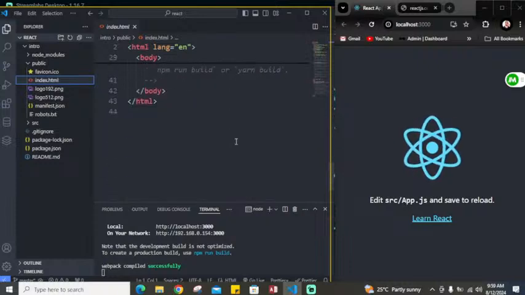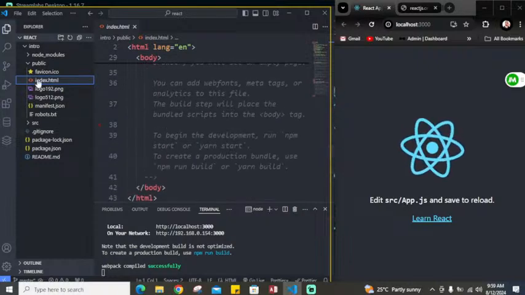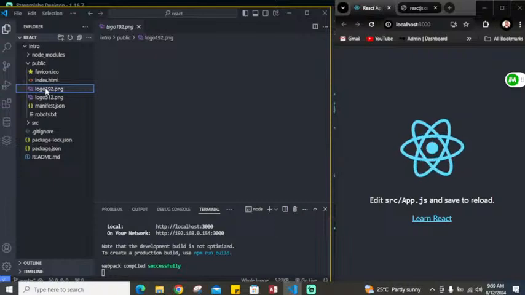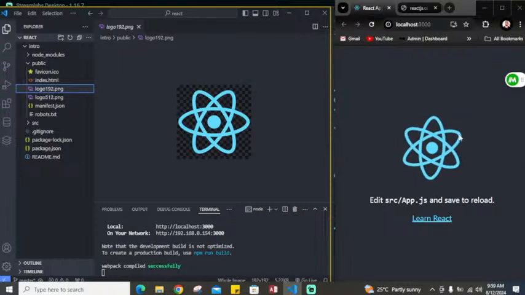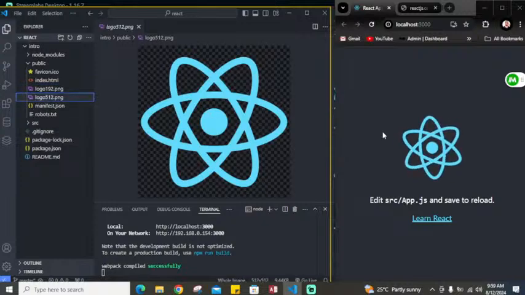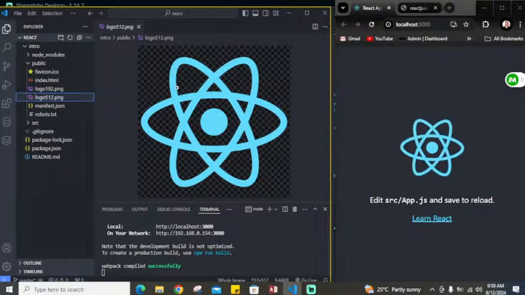Alright. Now let's say I went somewhere and I want to make an adjustment. This logo that you see here is SVG. This one is a PNG logo that is showing here. This is another PNG logo, probably because of the version that I'm using. Most other versions make use of SVG